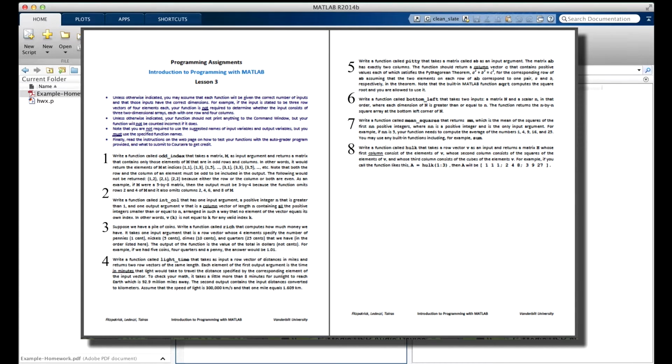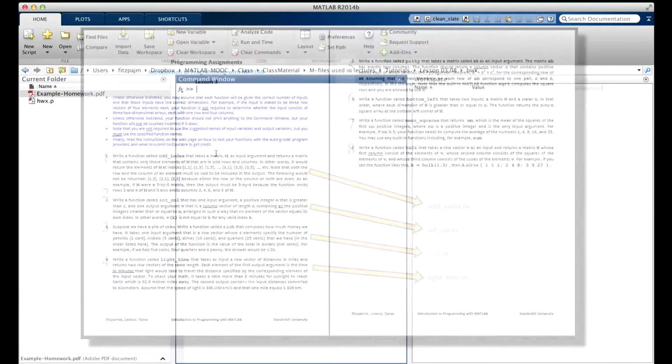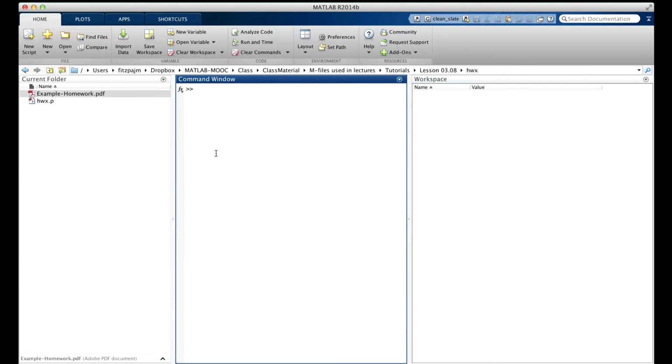For each individual problem, you'll write one individual MATLAB function that solves that one problem according to the specifications given in the problem statement. In this video clip, you're going to see me solve example homework problems. I'll do everything that you'll need to do for an actual graded homework. That way you can see what's involved with the whole homework process.